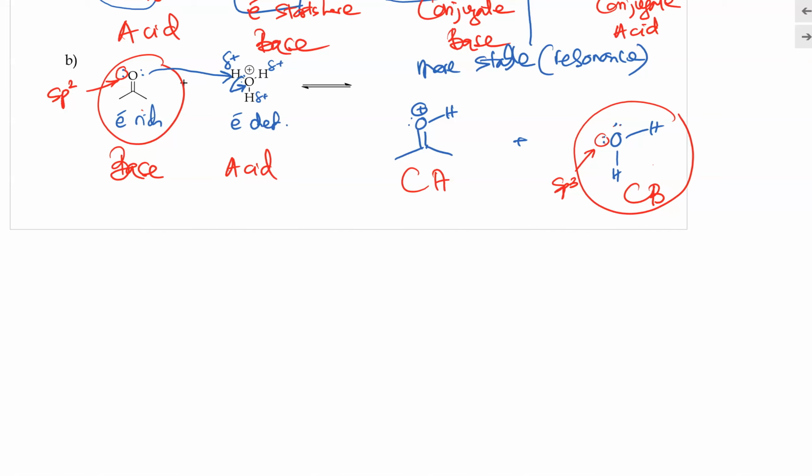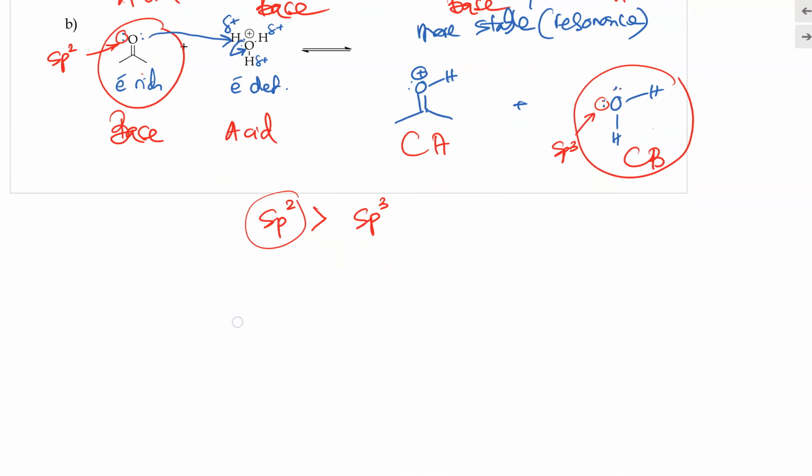And in this case, we will see that the electron on an sp2 orbital is more stable than the electron on an sp3 orbital, because the electron on the sp2 orbital is much closer to the nucleus compared to sp3, and therefore is more stabilized. So basically, the electron is more stable on the reactant side. So the reactant side is more stable than the product side. So in this case, we will think that equilibrium will favor the reactant side. So this means no reaction,